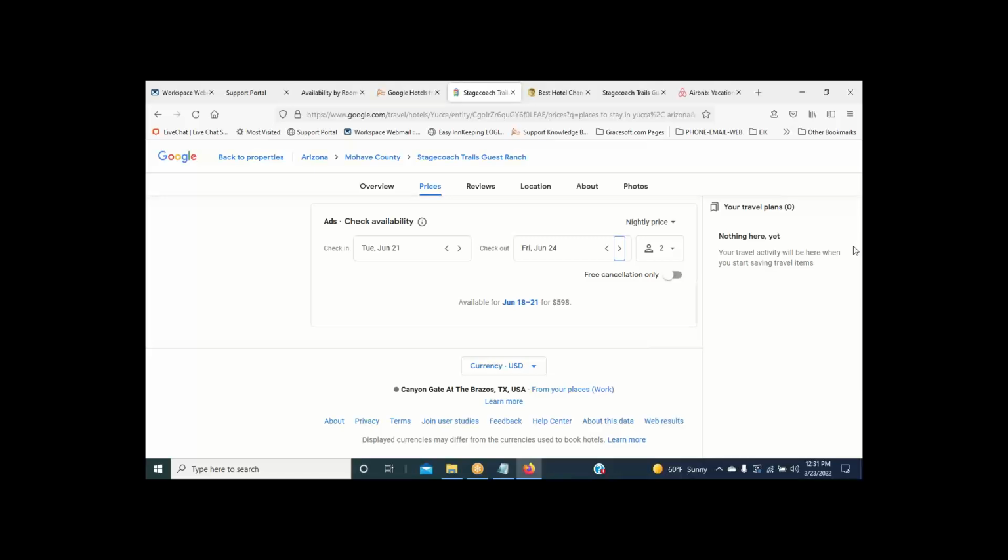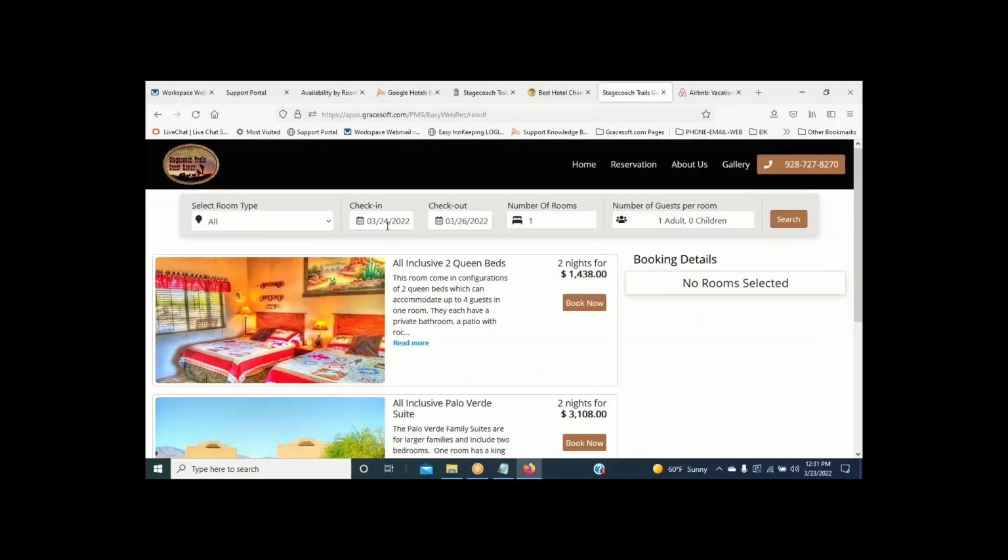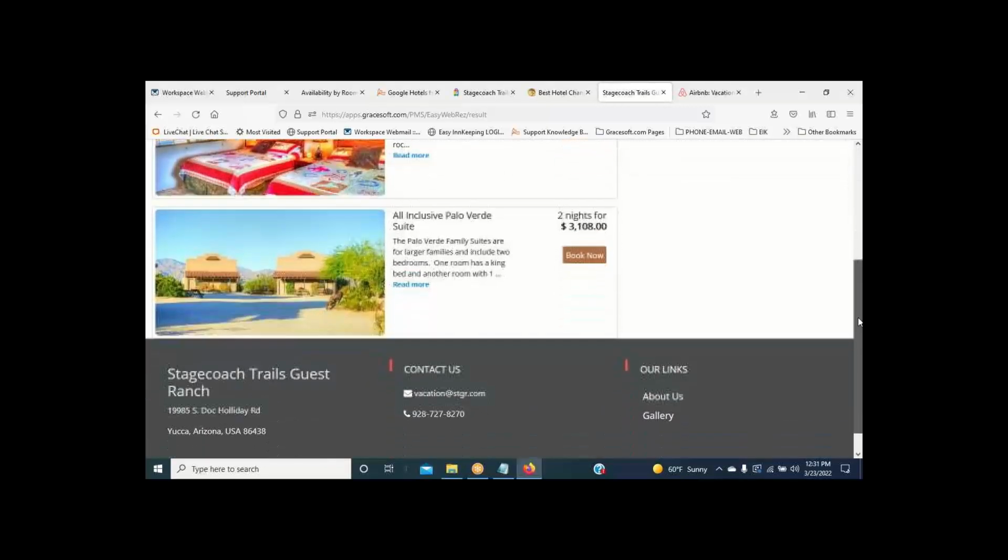But once it shows availability, okay, it looks like they might still be booked up. But once they find availability, it would actually switch them over directly to this screen. So this is what Gideon was talking about: it's going to bring them directly in, and it doesn't even take them to the search screen because they've already put their dates in Google. It's going to bring them directly to this search screen.